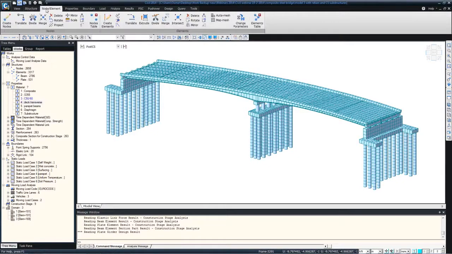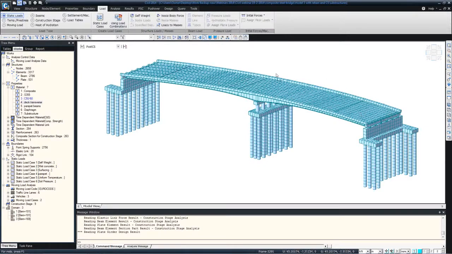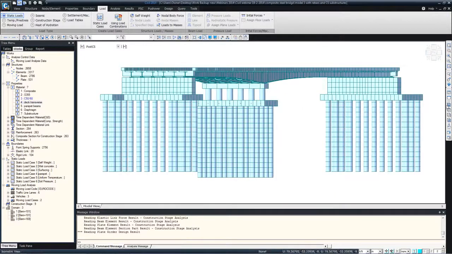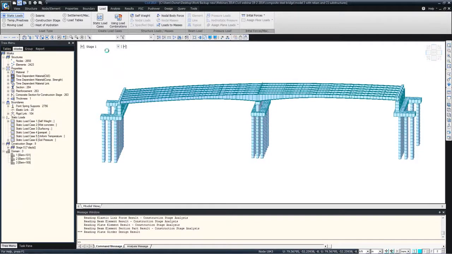You can easily understand which menu refers to which type of feature: element, properties, boundaries, loads, etc. And this is the main graphical window. You can switch through different views just like in AutoCAD: top view, side view, and so on. You can browse through construction stages using this box here. You can call it the stage simulation box. And you can look at how the construction is progressing, how the deck is poured in